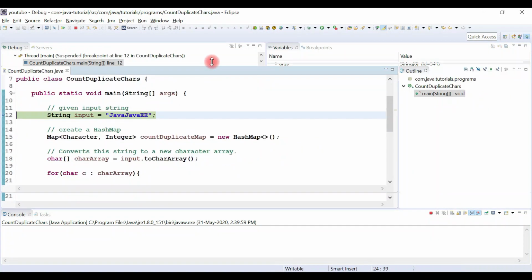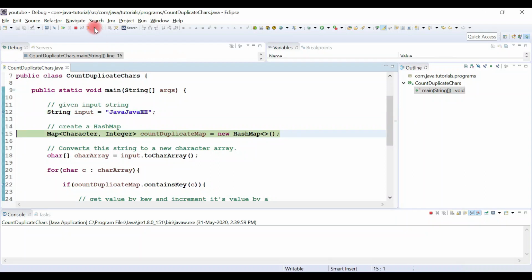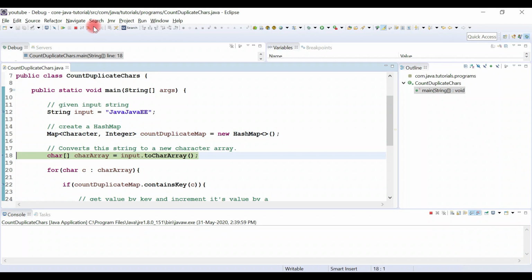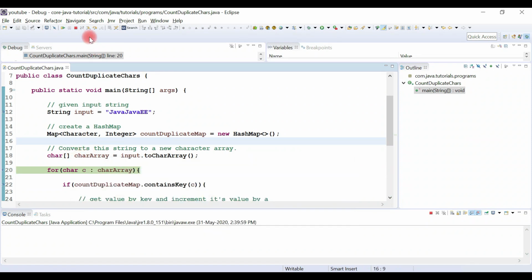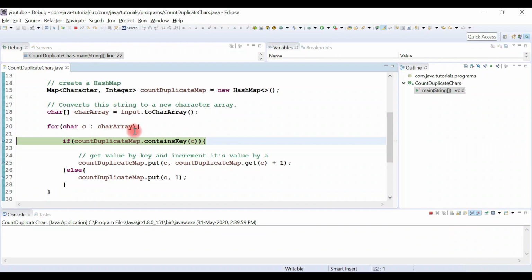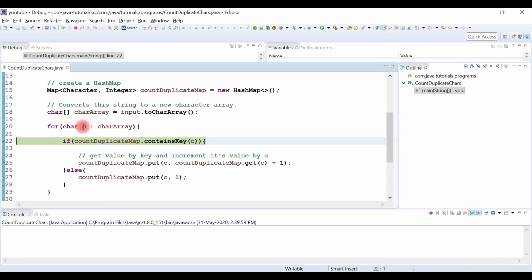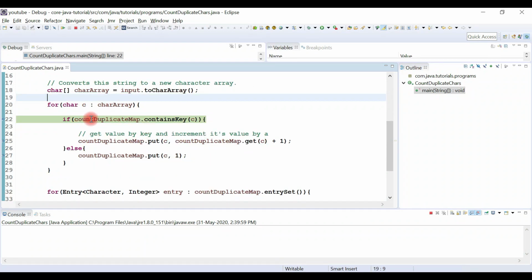Okay, so notice here, the input string is Java EE, and the input string is converted into a char array, and look here, the char array contains characters, and here we are iterating over the char array. So basically this char contains j as a value. And now the map does not contain anything.